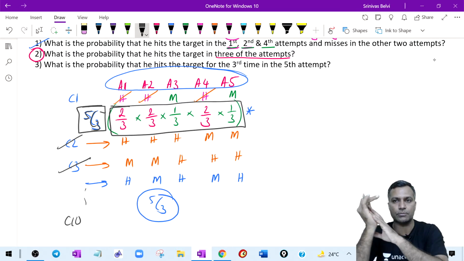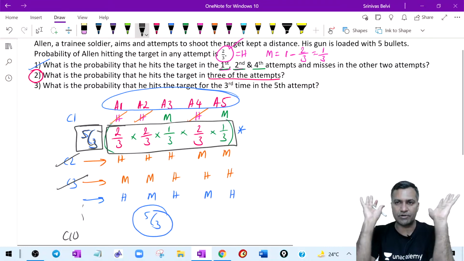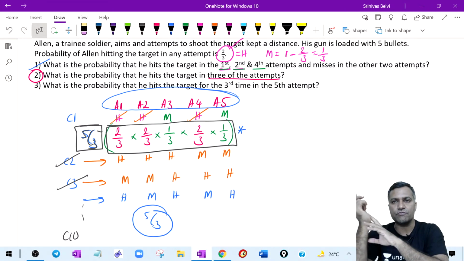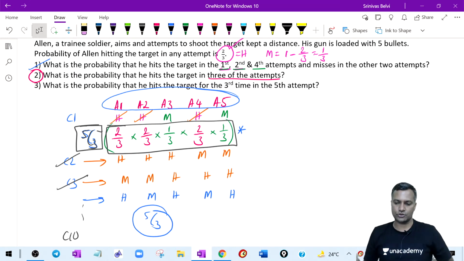Comfortable? Everybody comfortable? Christy, Vibha, all are clear on this? Clear? Everybody clear? This is all the theorem of repeated trial says. Now let me put the summary in place. Guys, everyone confirm. Is this clear what I'm explaining? Did it make sense? Explanation is clear to all of you? Right. Okay. So therefore, now look at this.